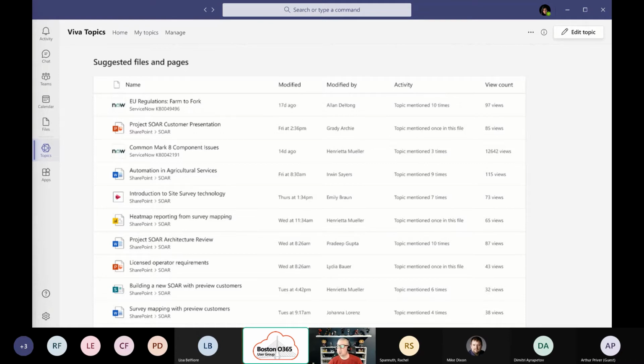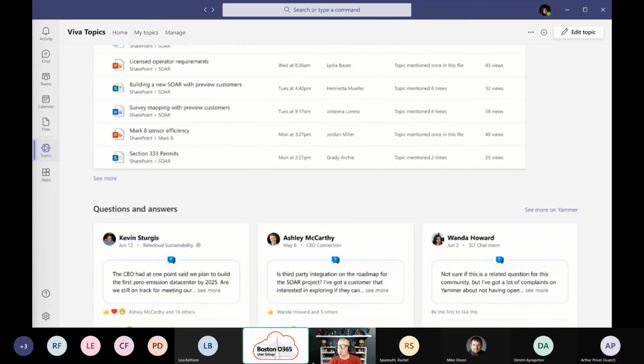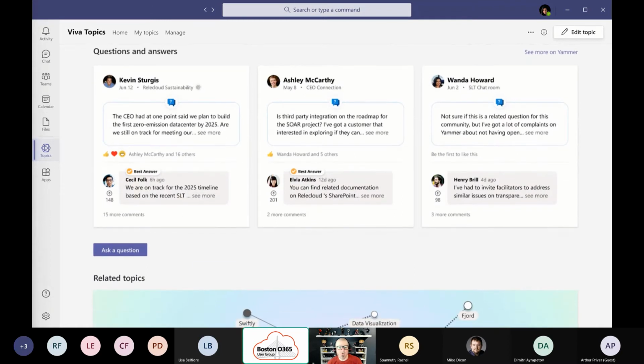So then as we move forward, you can also see how topics is integrated into Yammer. Now, this is where we start to get the functionality of connecting people with the information through topics. So you can see people who are asking questions and answers, and also being able to surface the most important conversations that are happening in Yammer, so that we can start to surface this knowledge and